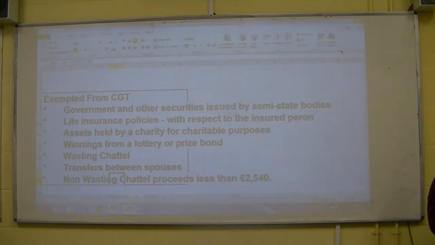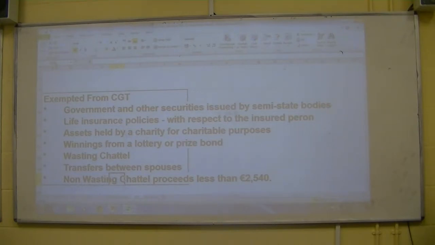We've got life insurance policies with respect to the insured person. Assets held by a charity for charitable purposes. Winnings from a lottery or prize bond. A wasting chattel which has not been used in the business. Transfers between spouses, and then non-wasting chattels where proceeds are less than 2540. And we'll be going through them as well. And then the top one,